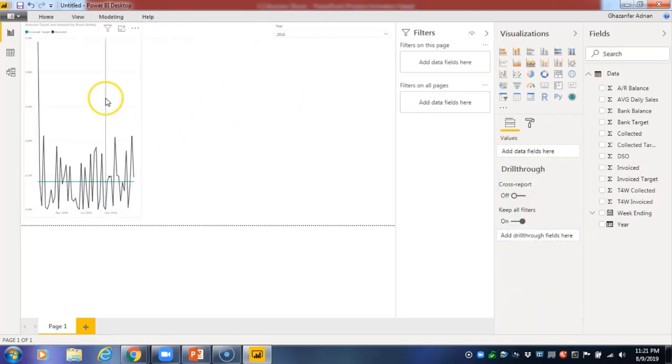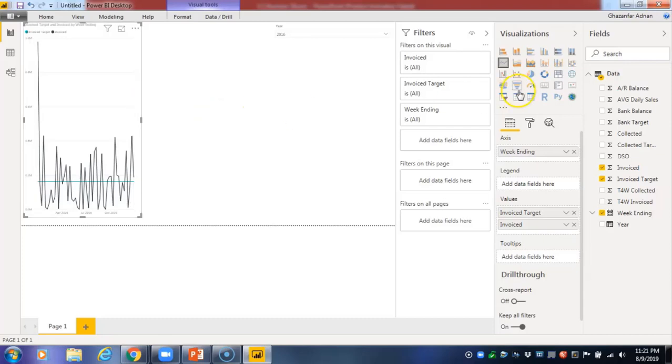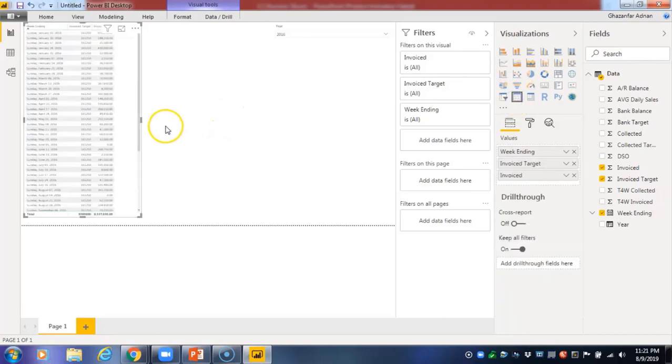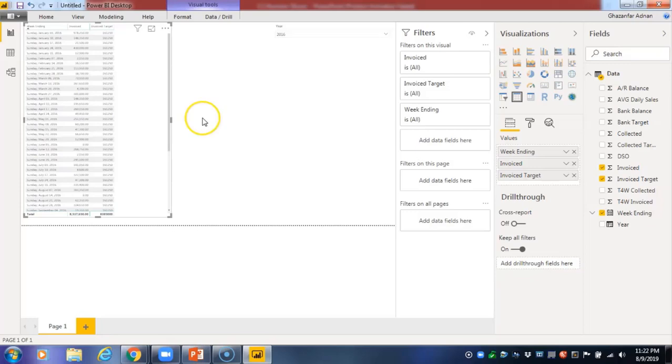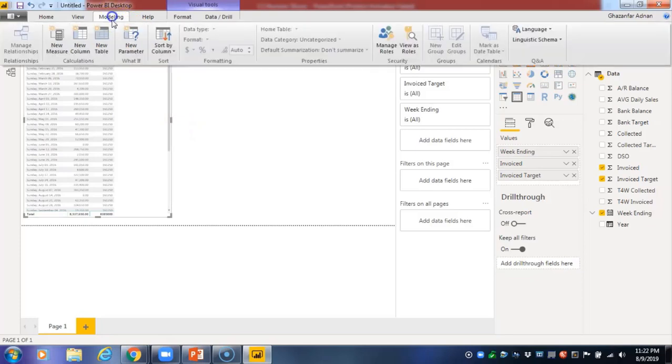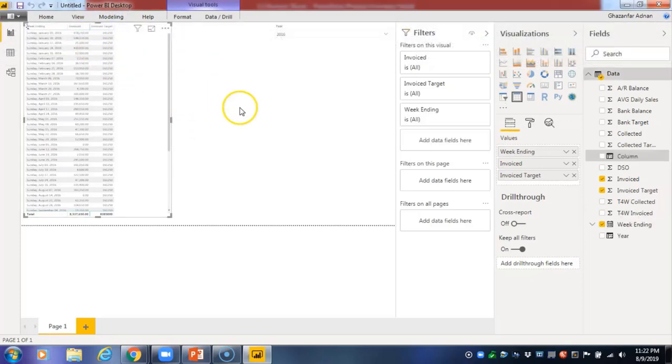So I'm gonna make this small and this small as well. Right now, what I want is that this should be back in its table form. And as you can see, our invoice target and invoice should have a difference so that we can, of course, map the difference between our target and our invoiced amount. So let's get right to it. We'll go to our modeling tab. We'll make a new column in which we're gonna name it the invoice difference